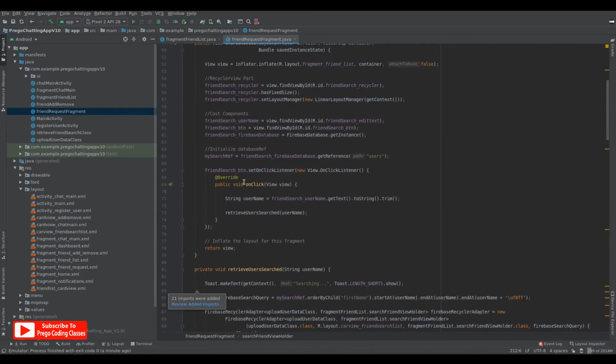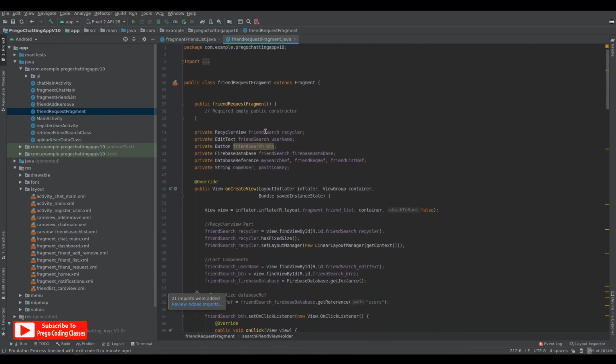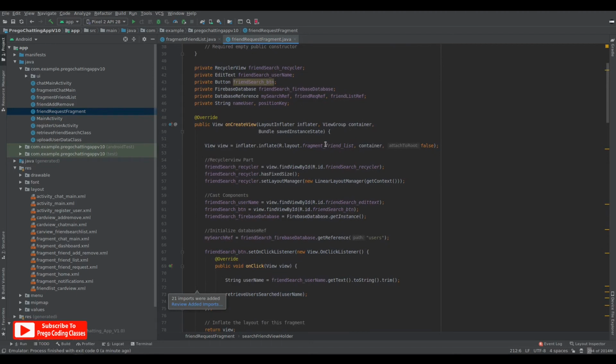Control V, and we'll just check if there are any errors for now. Okay. So we need to change this to the layout fragment friend request.